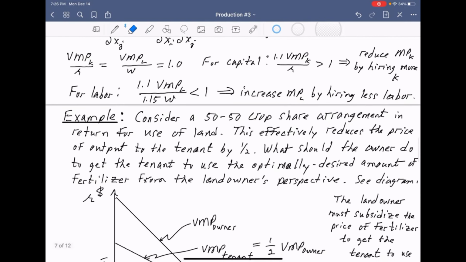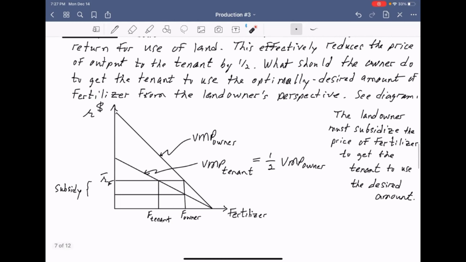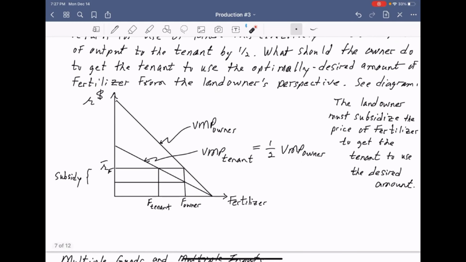Consider another example. Suppose you got a 50-50 crop share arrangement in return for the use of land. This effectively reduces the price of the output to the tenant by 1/2. So the tenant has a lower price now. What should the owner do to get the tenant to use the optimally desired amount of fertilizer from the landowner's perspective? Well, we look at this diagram and we see that